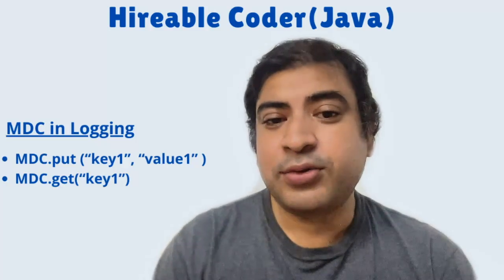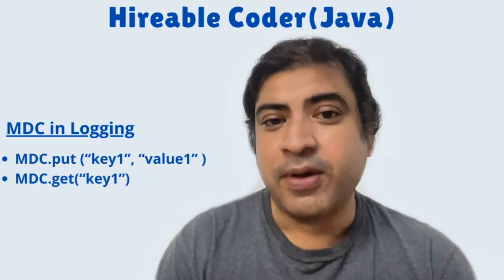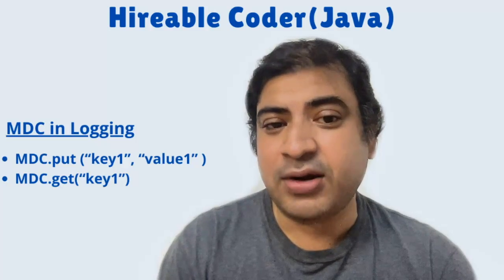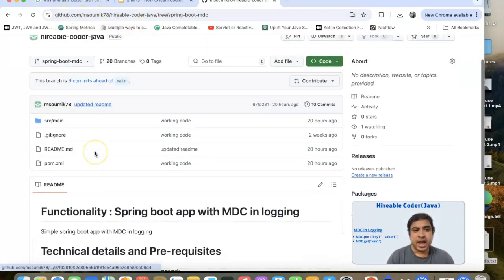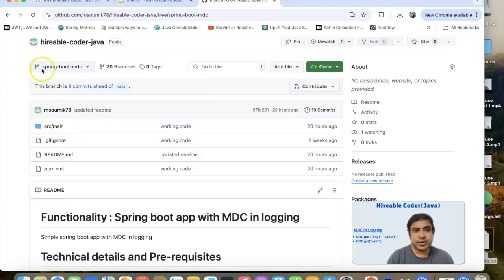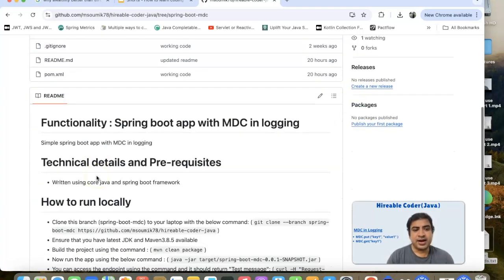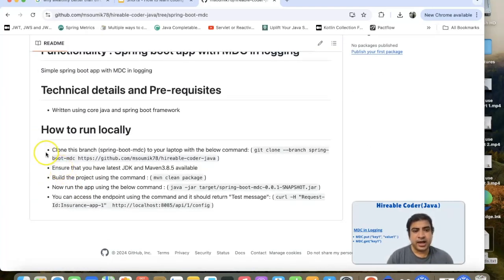So now let us go ahead and see a demo of how we can apply MDC in logging in a Spring-Boot application. Once again, please navigate to my GitHub repo mshomik78, so within github.com/mshomik78 and then hireable code Java, and from there please go to the branch Spring-Boot MDC. And again, just like other repos, I have mentioned the